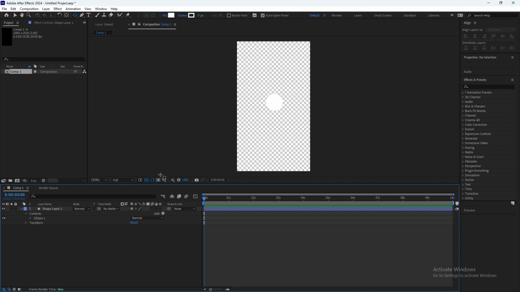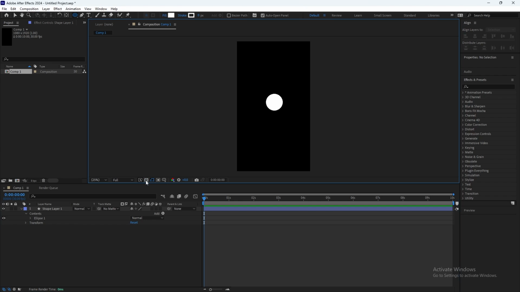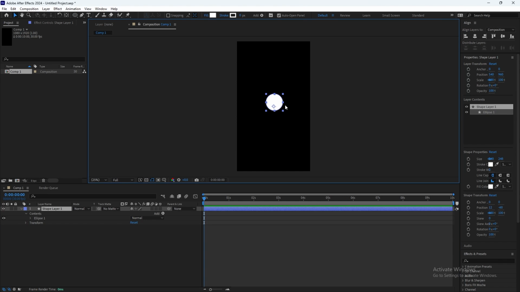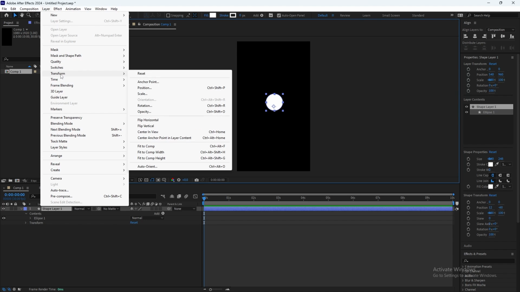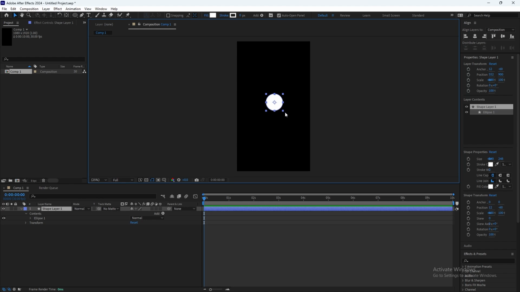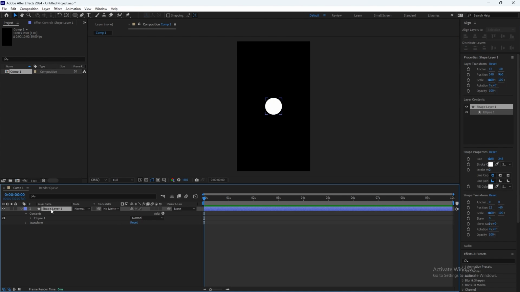To see the ball, we can click here so it will have a black background. Then what I always want to do with my shapes is transform and center anchor point in layer content. So now the anchor point will be in the middle, and it will be way easier to work like that.